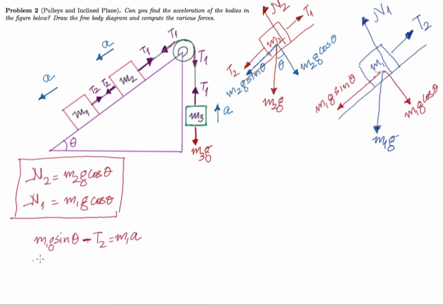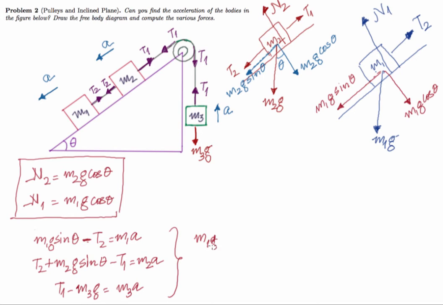Then for M2, it will be T2 plus M2g sin theta minus T1 is equal to M2a, and for M3 it will be T1 minus M3g equal to M3a. If we add all these equations, we'll get M1g sin theta plus M2g sin theta minus M3g is equal to (M1 plus M2 plus M3)